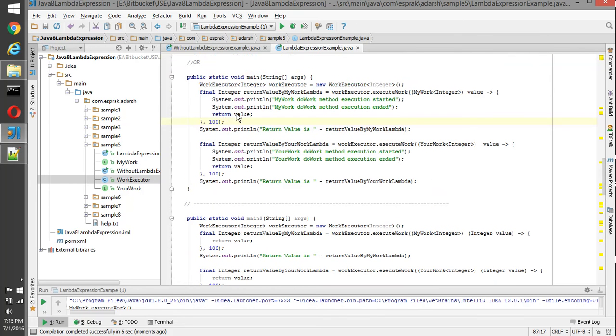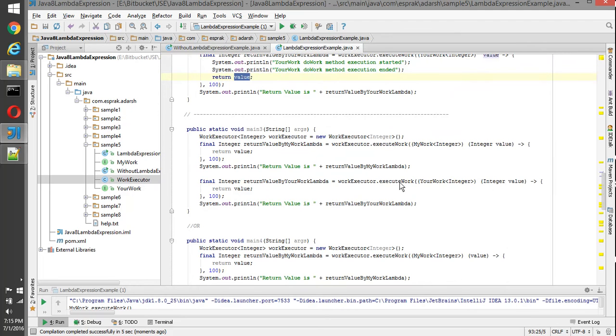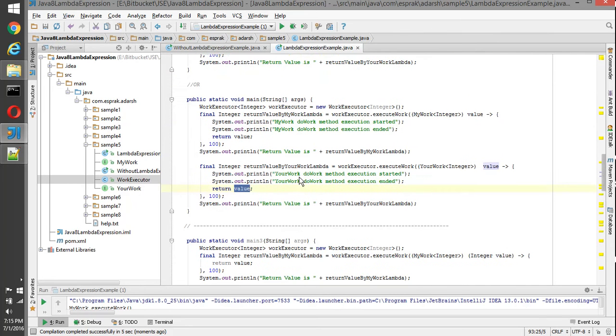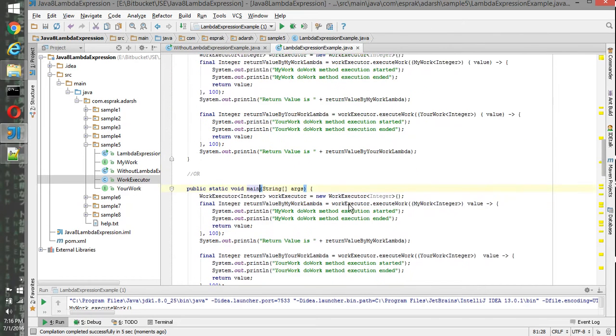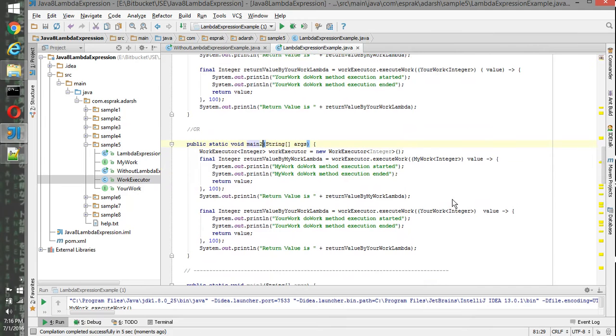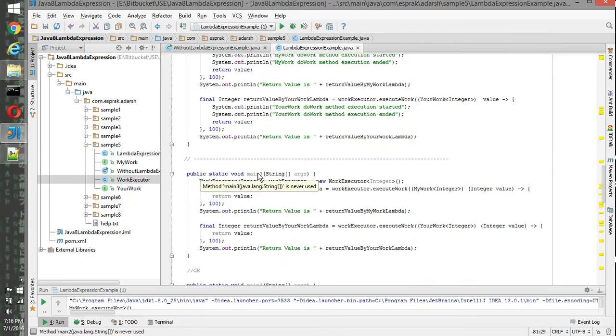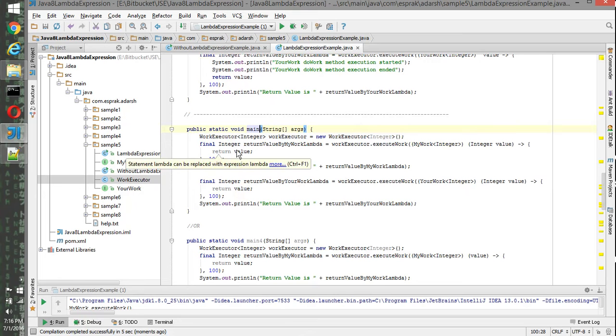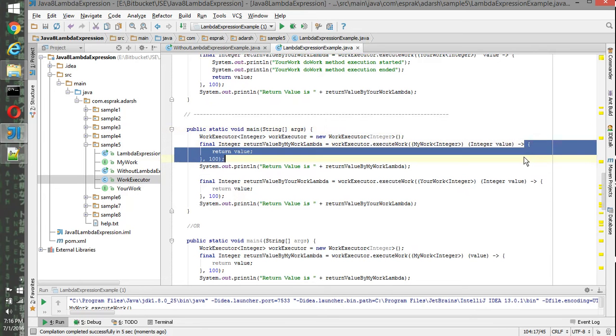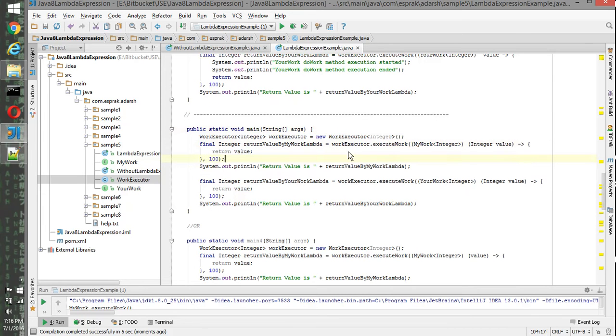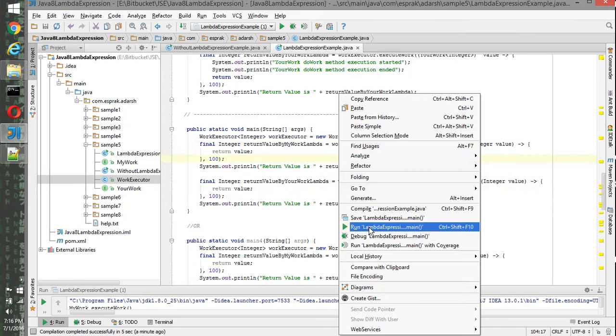You can see that there's a return statement also here. Suppose we have a single line statement, we can just write a single line statement like this: return. Everything will be the same, and we have a return statement here in the curly braces.